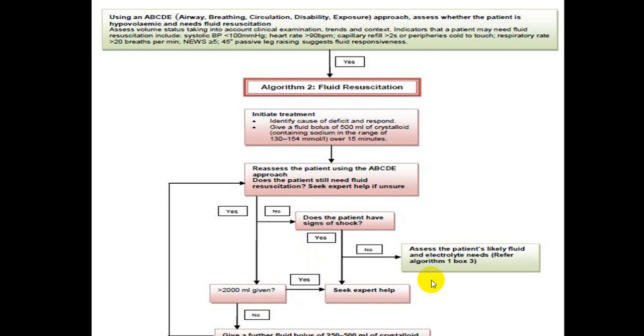If he has an electrolyte imbalance, you will have to select the fluid depending upon that condition and what type of acid-base imbalance he is having. So mainly you will use crystalloids for that particular purpose. And once he is stable, you will switch over to maintenance, or switch over to replacement if he is having ongoing losses. So that is during resuscitation.